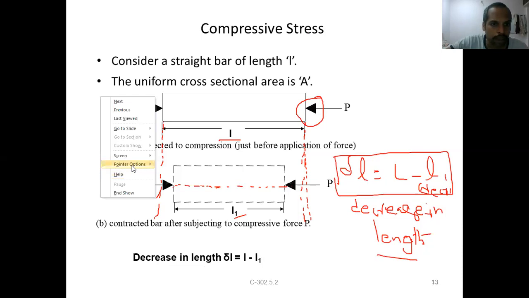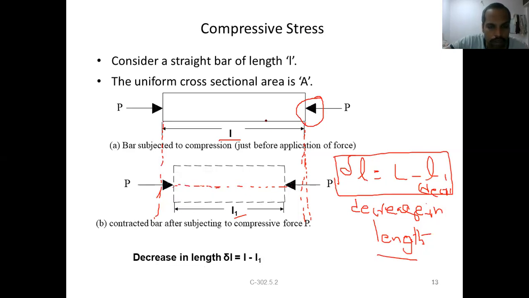But what happens to the other dimension that is perpendicular to this one? Similar to the last tension we have discussed. Let us say this dimension is D. What happens to this dimension in this case? Increases or decreases? Just think. What happened in the case of the previous one, the tensile stress? This dimension decreased. On tensile stress application, this dimension decreased. But what about this dimension in this case?